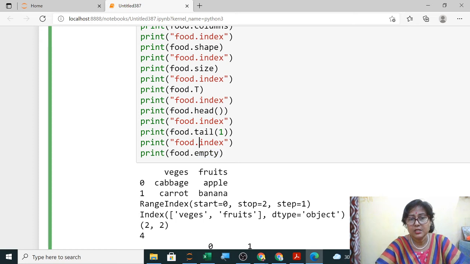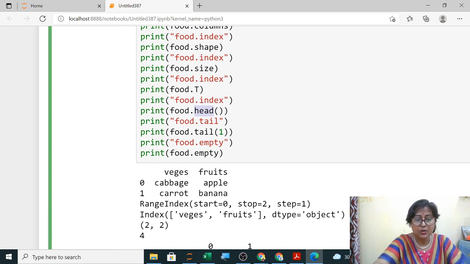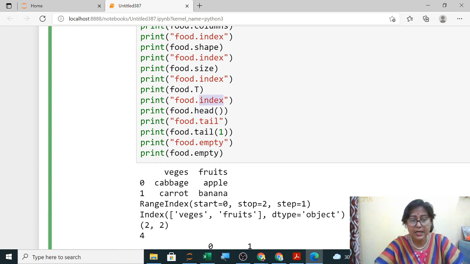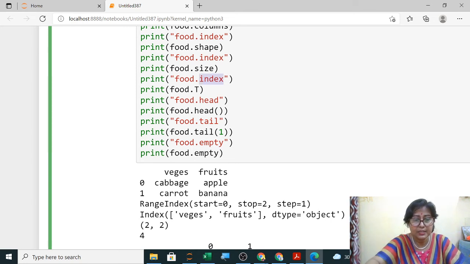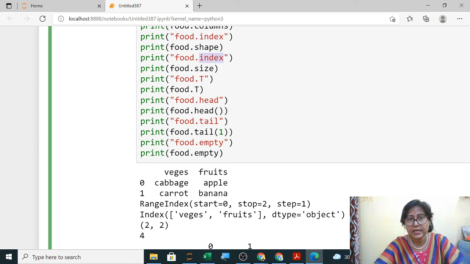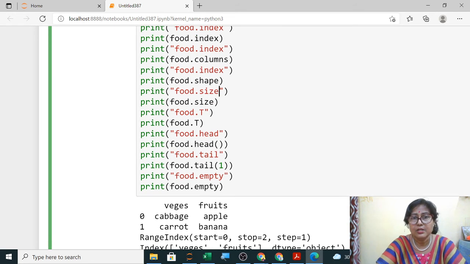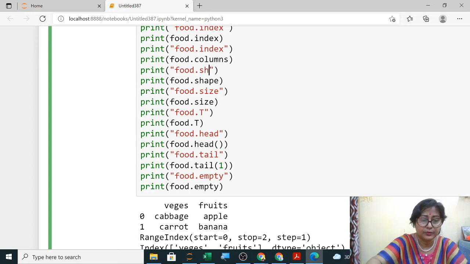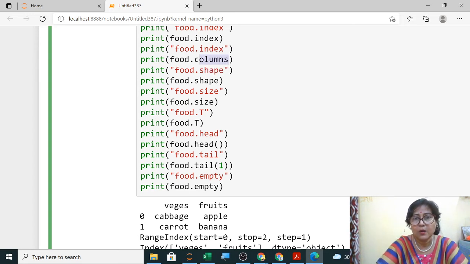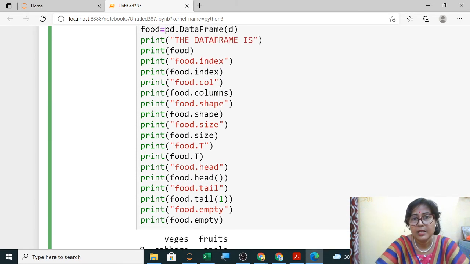So this you replace, this is of tail, this is of head. So I am just displaying the message and then I am showing the output. You can see the message is in double quotes. So it is of food.T, here capital T, then this is of size, this is of shape, this is of columns. So here you will remove this as columns, and this is index.